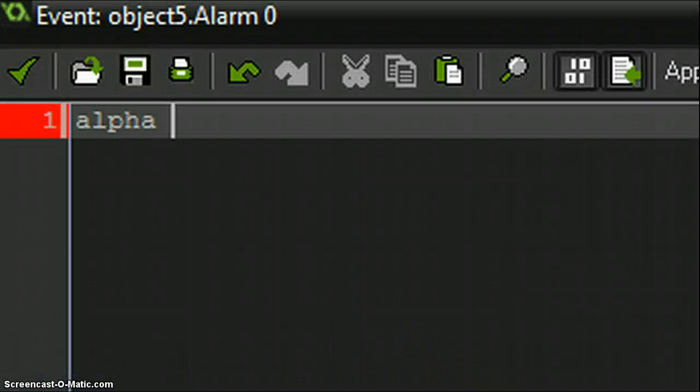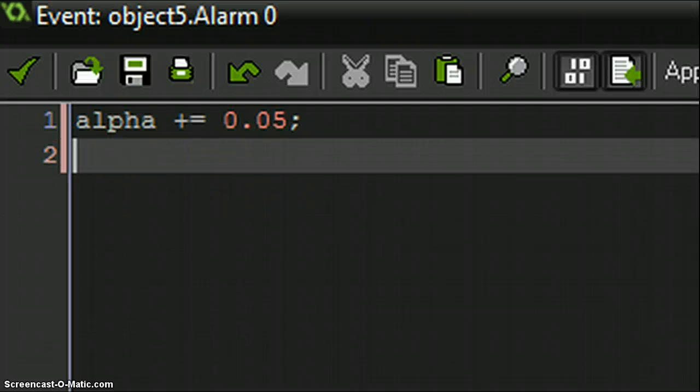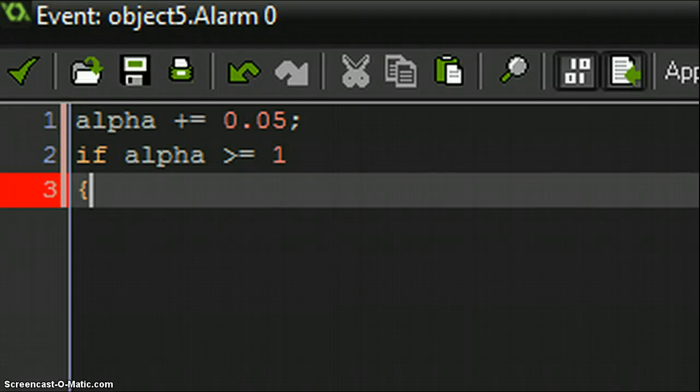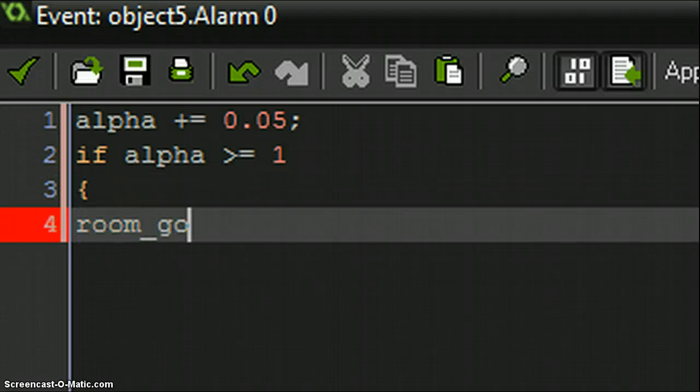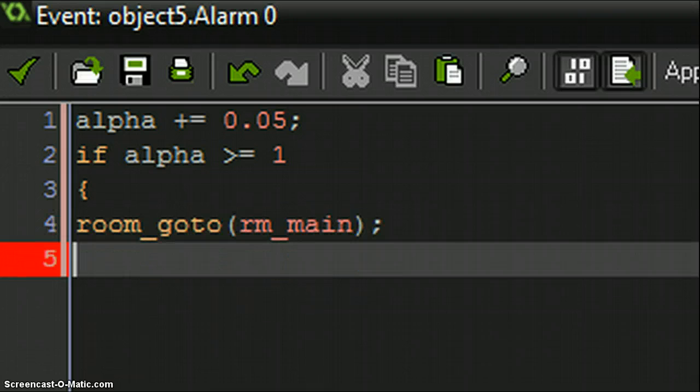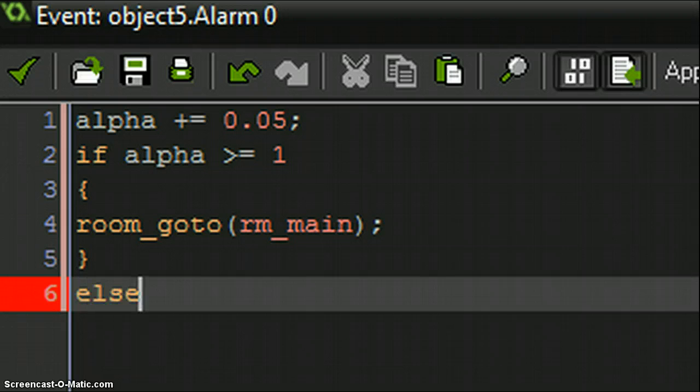alpha += 0.05; if alpha >= 1 { room_goto(rm_game, rm_main); } else alarm[0] = 1;